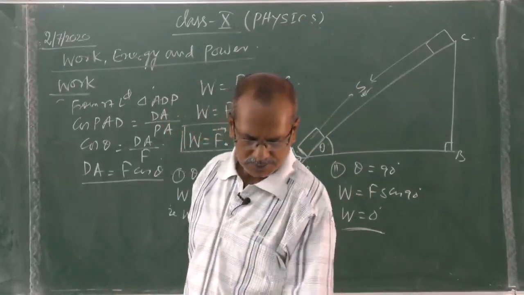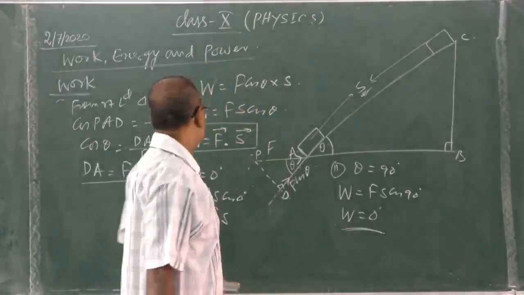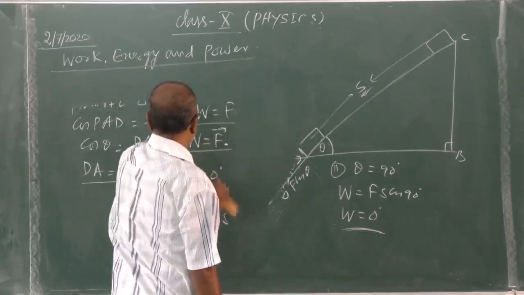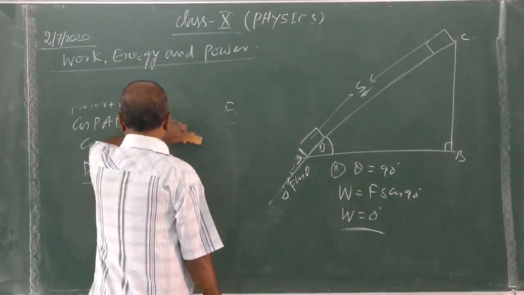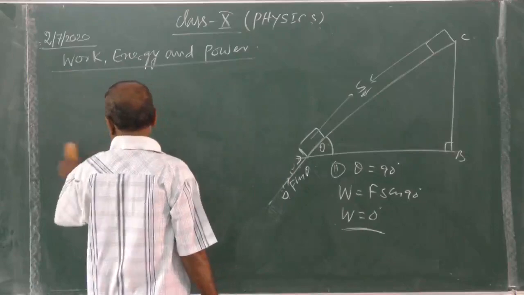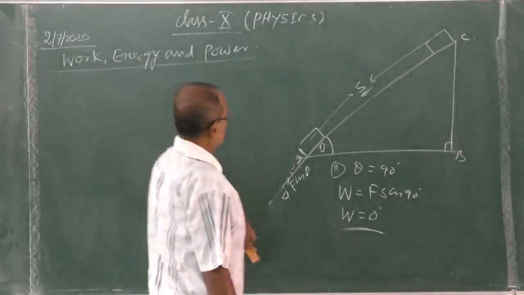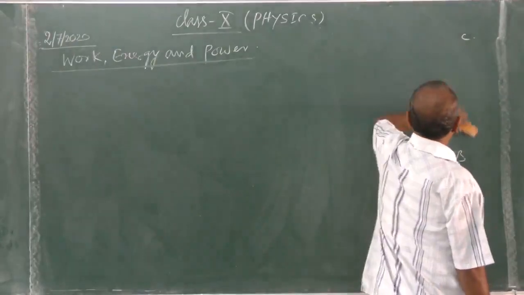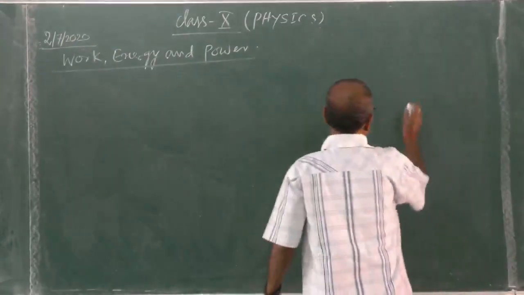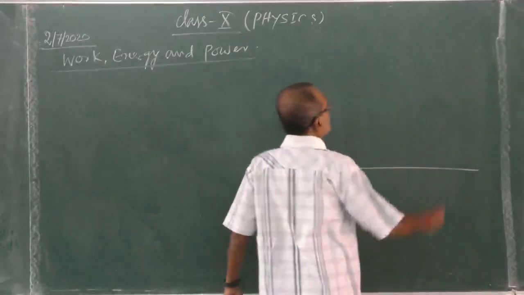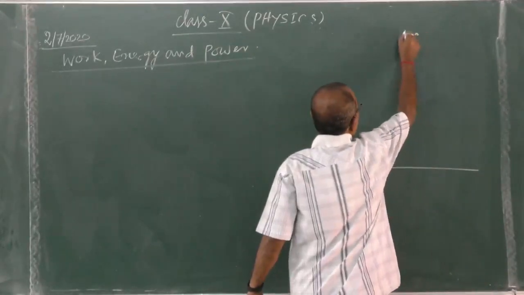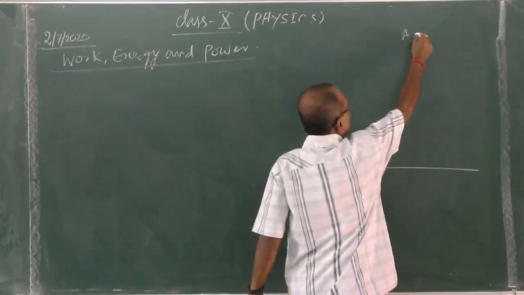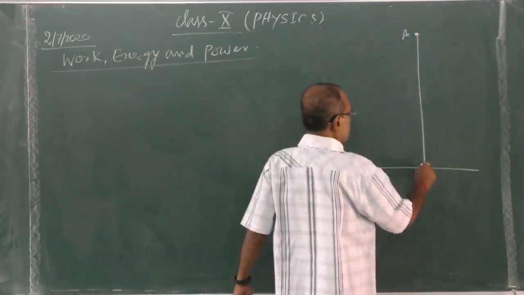Now, when a body is falling freely from some height, then also work is done due to the force of gravity. Then what happens? So this is the ground, a body is kept here, say at A, and it is dropped from rest, that is, it is falling freely